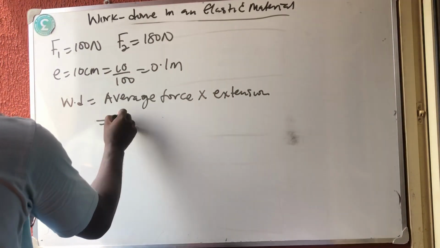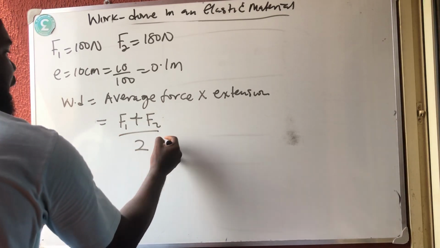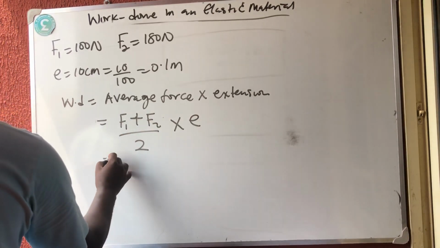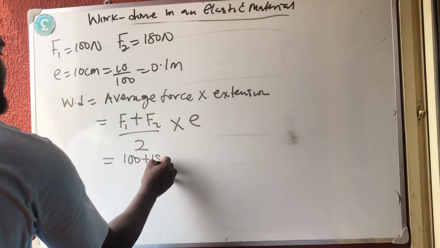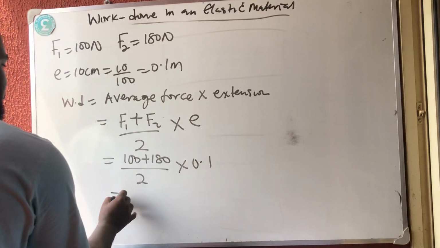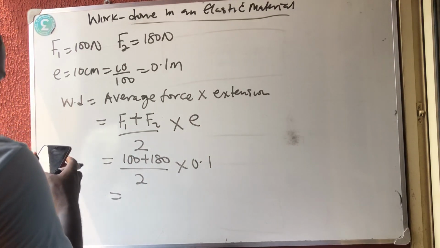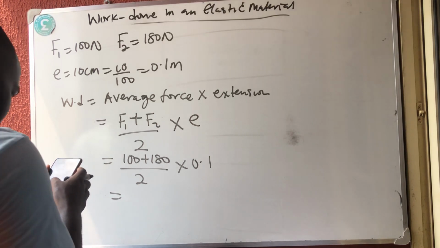So an average of something means add both of them, F1 plus F2, divided by 2. This is the average. Then times what? The extension, which is what? 100 plus 180 divided by 2, then times 0.1. So you are having 280 divided by 2, which is 140. 140 times 0.01. You are going to have